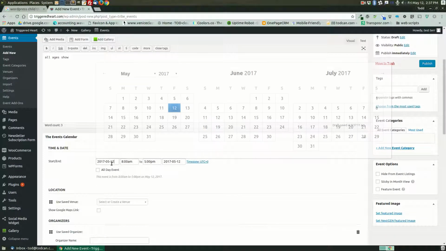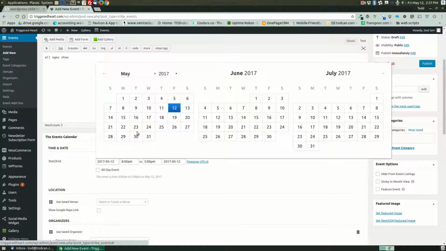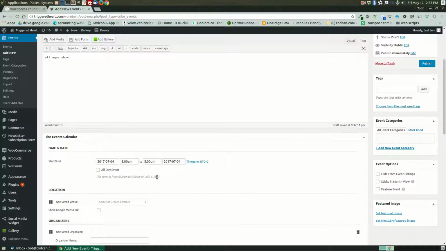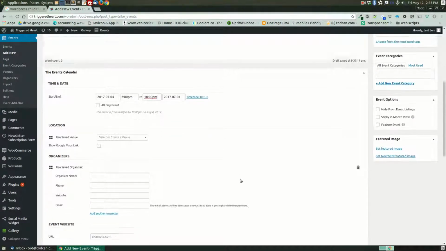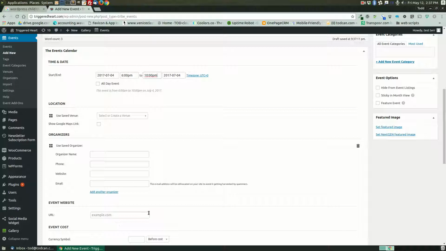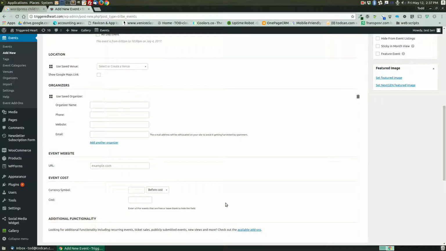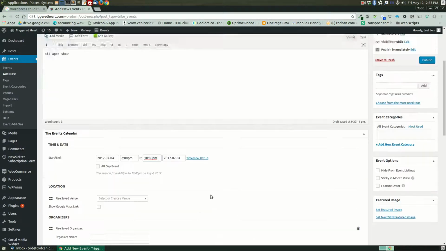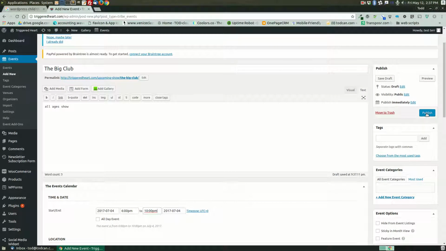I can obviously use this to select the date and time. So let's say it's on the 4th of July, and it's 6 p.m. to 10 p.m. I could basically just go ahead. There's other stuff I can add in here. It's all optional. A lot of different stuff, but you don't really need it. And then